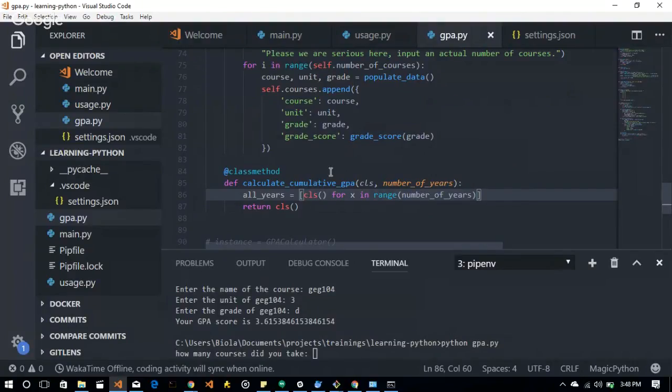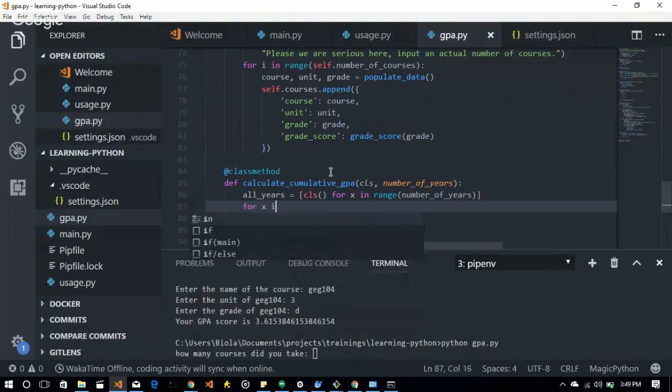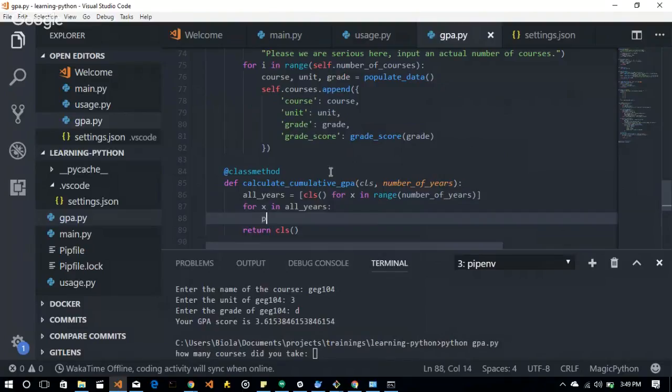So at this point, I have all of this. Then now it's time for me to print the result. For x in all years, print the GPA